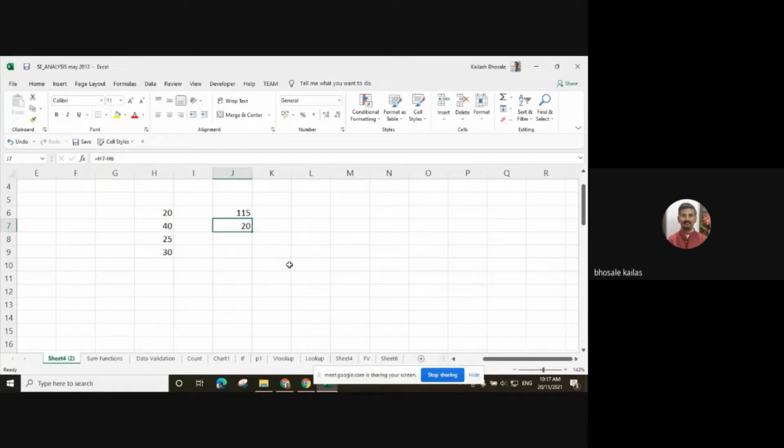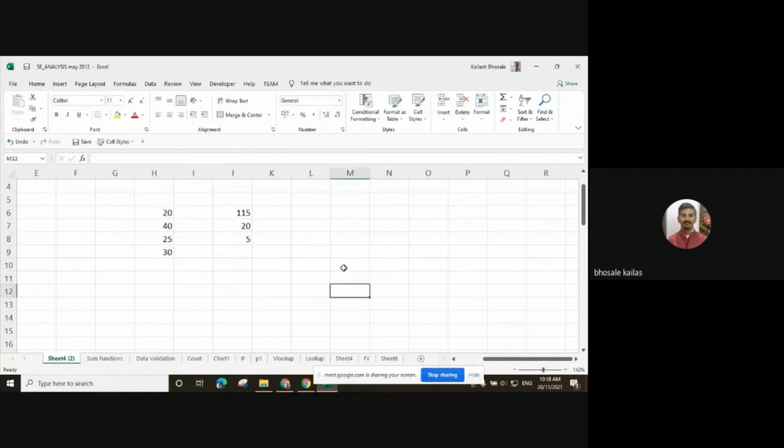If you want to use more operations, then in that case use the bracket. Suppose that I want to make the summation of our first two numbers, and then from that we want to subtract the third and fourth number. Use the bracket. Select the first number, then plus the second number, close the bracket, then minus, open the bracket, third number and addition of the fourth number.